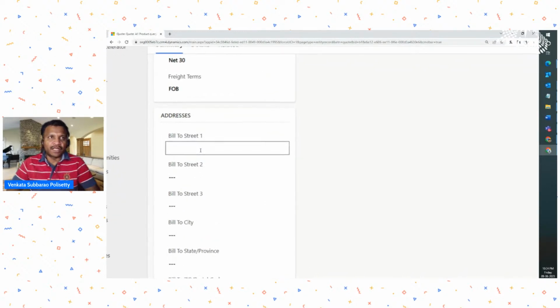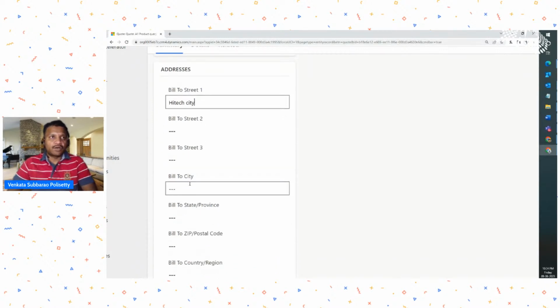You will see them in the later part of the sessions. Here I am just going to enter various details, like where to ship this particular code. So Hyderabad,